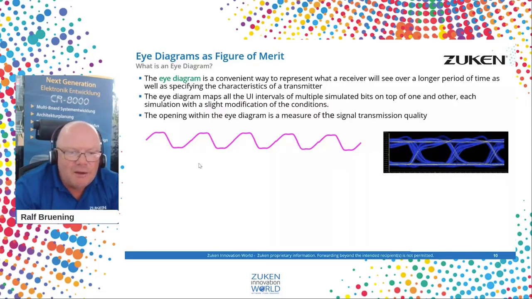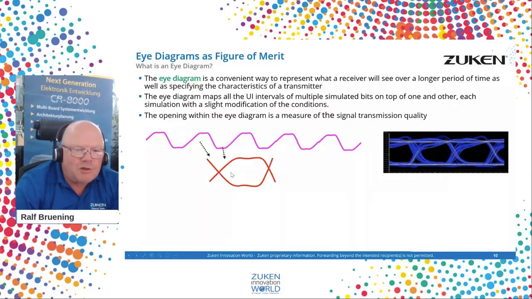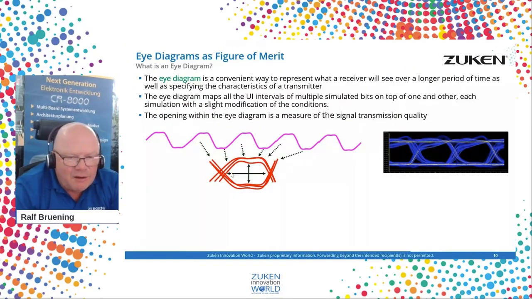I'm a simulation guy. So you construct an eye diagram by doing a lot of simulations and overlaying the rising and the falling edge. Because the switching will differ from one simulation to the next, you have a variation in the switching time. You have jitter because of crosstalk, jitter because of power ground noise, a lot of different jitter aspects. You have random jitter and deterministic jitter. So the more the single waveforms differ,